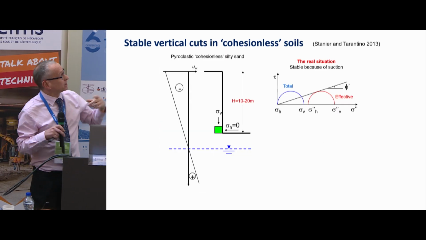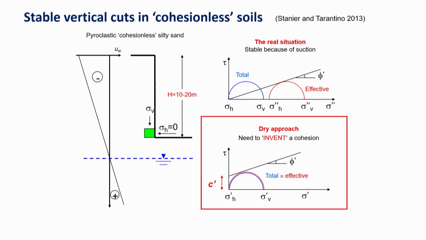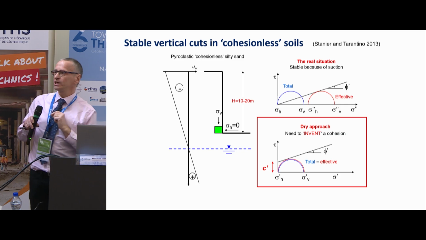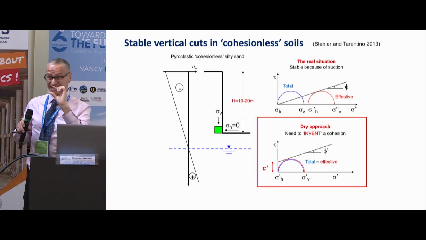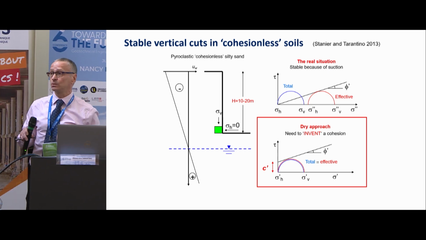Now, if you know the story, you will realize that the pressure is negative. This is creating a positive effective stress. So the effective stress, if you know the story, is sitting there. Perfect explanation of why it is stable. If you don't know about that, and the only tool is the one that you see, the only way to make it stable is to put a cohesion there as a soil parameter, so a cohesion that is never cancelled by anybody in the world.